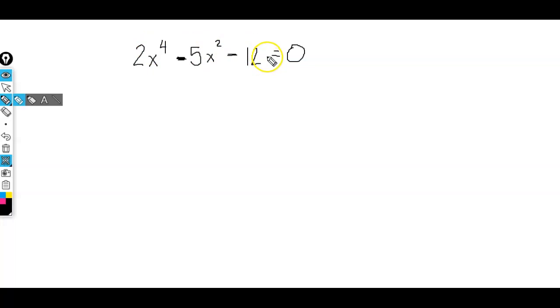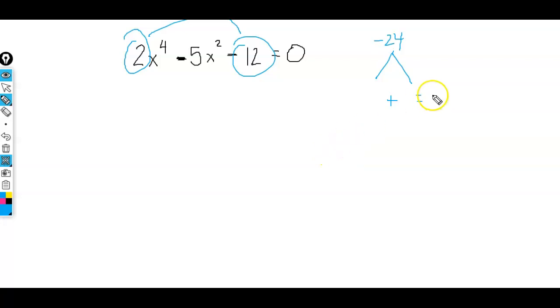And by being a quadratic type, that means we can just use the same old factoring rules that we used when we solved quadratics. So when I'm looking at this one, I'm just going to take my A and my C, and I'm going to multiply them and get -24. And I want to find 2 numbers that multiply to equal -24, but add to equal -5. So -8 times +3 would multiply to equal -24, but would add to equal -5. So that means that